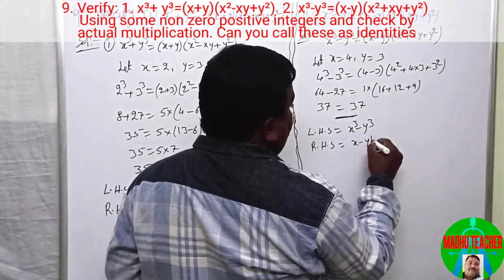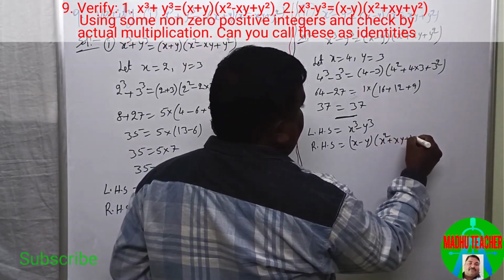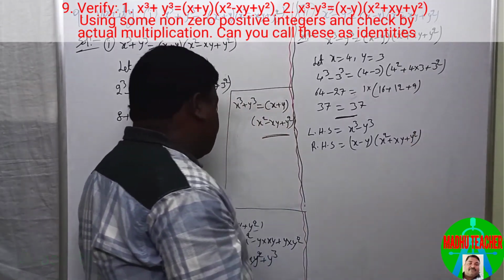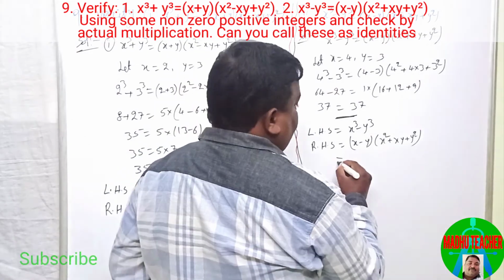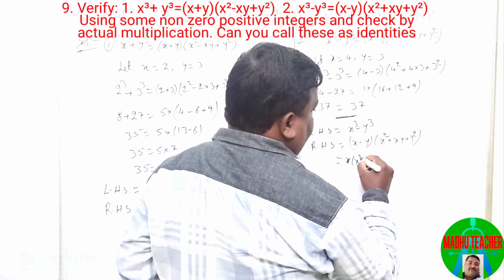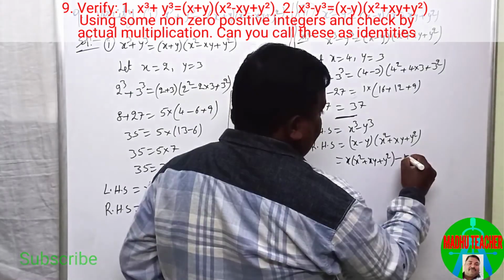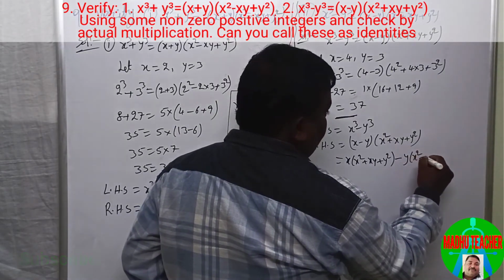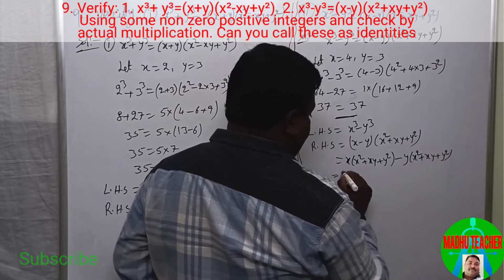X minus y into x square plus xy plus y square. We are going to multiply the RHS. That is x into x square plus xy plus y square, minus y into x square plus xy plus y square. So that equals